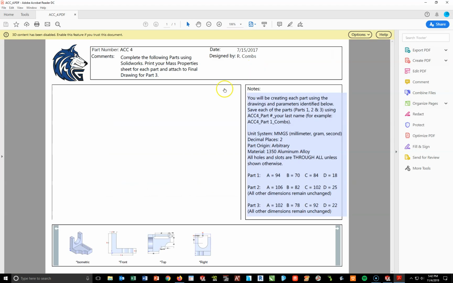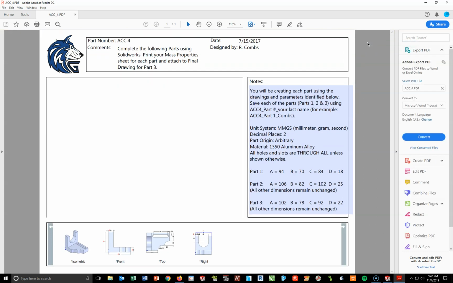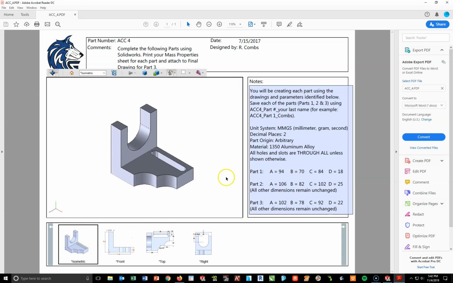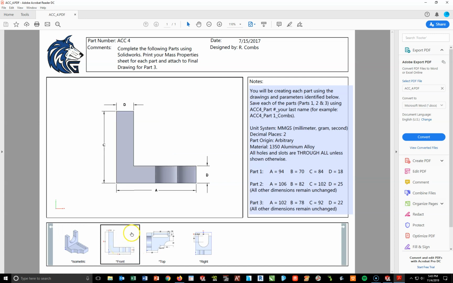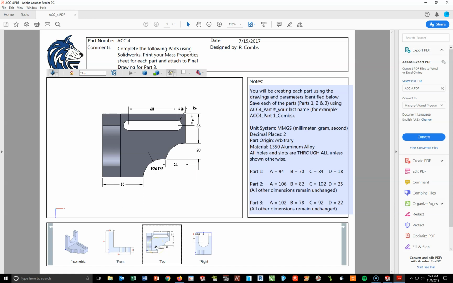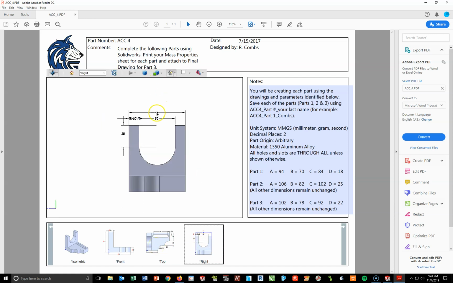Now, once it opens, you're going to see the yellow bar at the top that says 3D content has been disabled. To open that up, we're going to drop the options down, trust this document one time only. And now what this allows us to do is begin clicking on the views below and seeing the part we're going to design today. So here's the first part. Okay, that's the isometric view. Here's the front view. We see we have our A, B, C, and our A and C and D on here. Our top view, and then a right side view with letter B at the top, and B minus 50